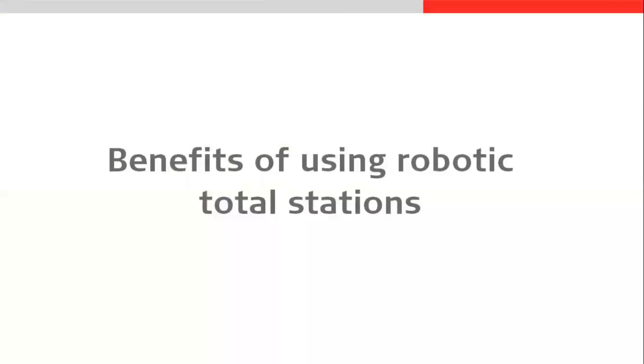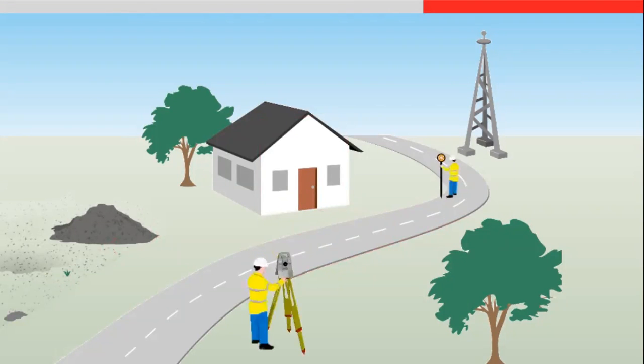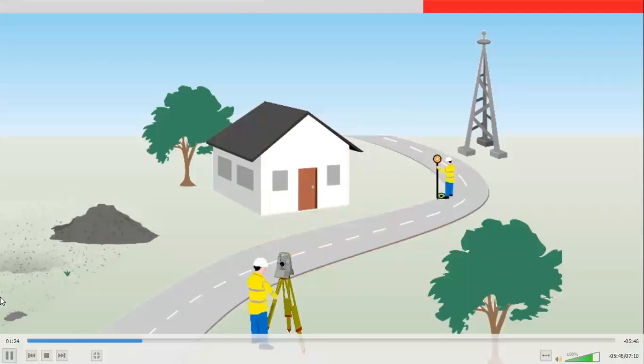There are many benefits in using robotic total stations instead of manual total stations. Imagine you have to survey this road, stake out a few points, and measure detail on the side of the building. Using a manual total station, you would need a second person continually aiming the instrument to the target to measure the points. Using a robotic total station,